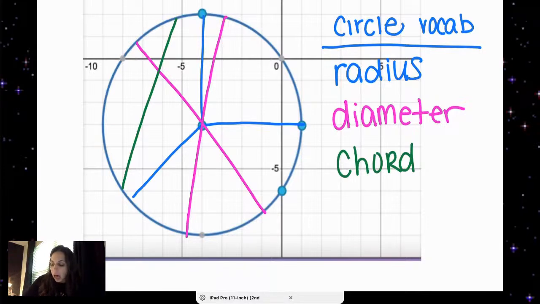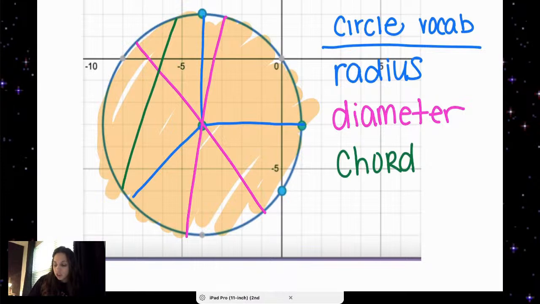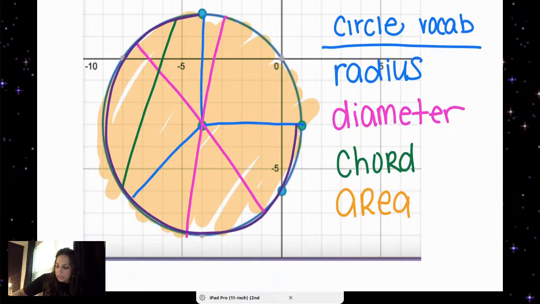I'm going to color the circle in. That would be the area of the circle. And the circumference of the circle is the distance around it. It's like the perimeter of a circle,